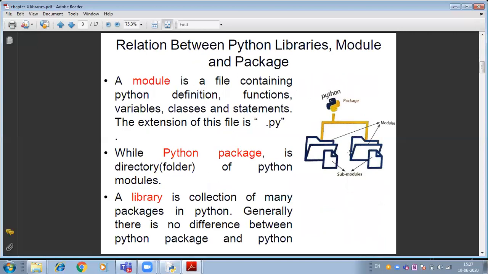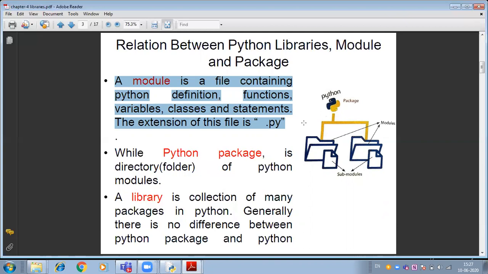A module is basically a file which contains definitions, functions, variables, classes, or statements. You can simply look at this definition of what a module is. A module means a piece of code. Suppose we have a very large program which is designed to perform some specific task, but it is a little complex program. It is made up of multiple lines, multiple statements.